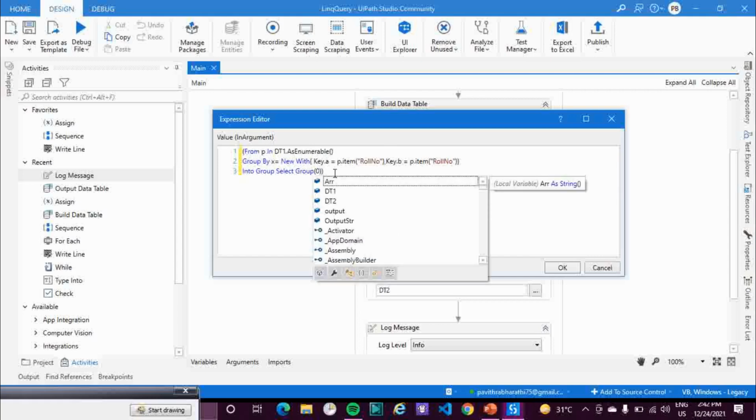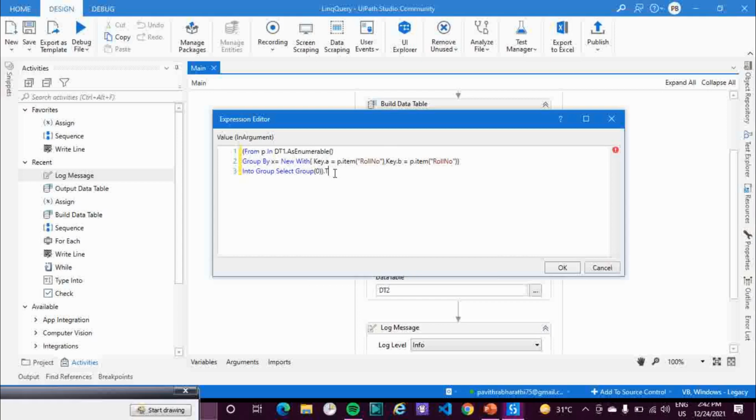Once this is done, let's see, dot to array. Sometimes the function will not appear properly, so it's fine. Let's see if I can write it. Yeah, there is no error now.